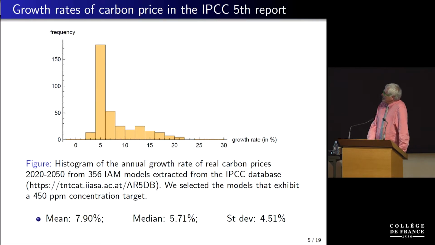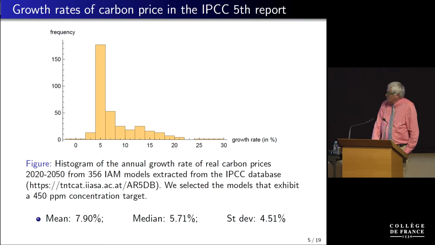This is another illustration. I didn't have time to look at the sixth report of the IPCC, so this is for the fifth report. In the fifth report of the IPCC, there is a database of something like 1,000 calibrations of different integrated assessment models for different temperature targets. Here I just look at the 356 calibrations of those models that are compatible with 2 degrees Celsius, corresponding probably to something like 450 ppm